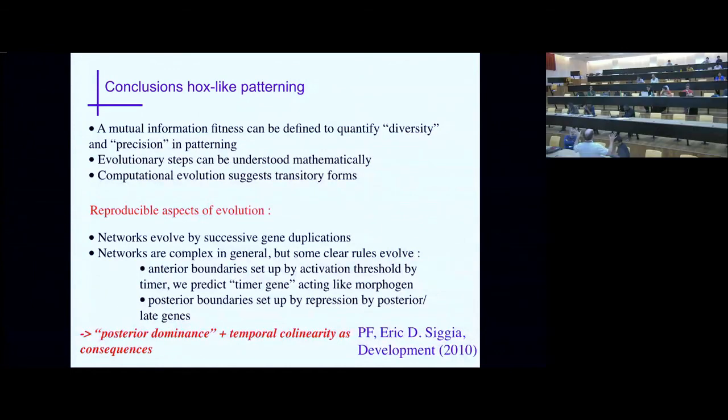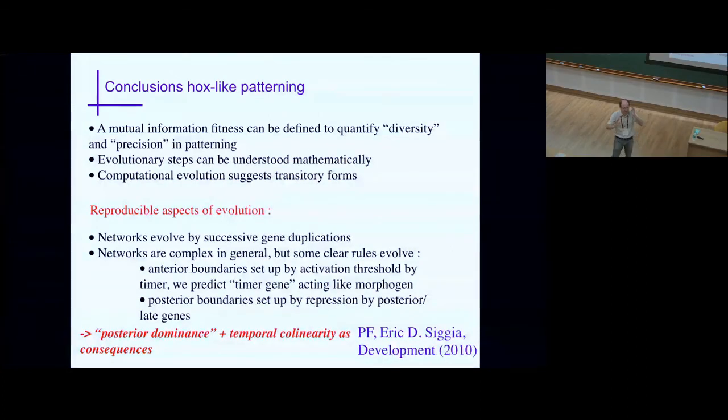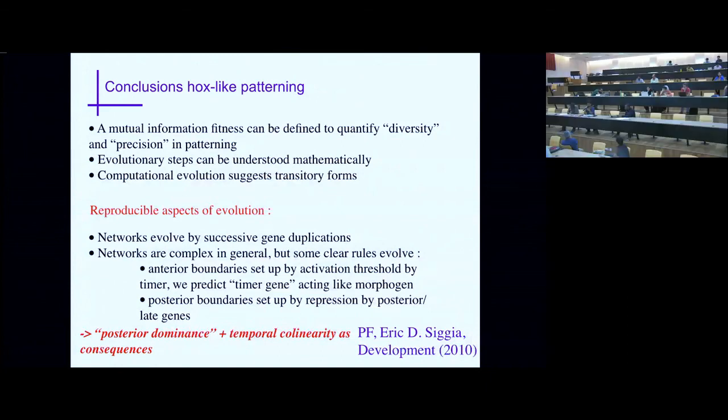It's more the function of the networks that is conserved, and this is why I think you need a functional understanding above all, rather than a specific network topology understanding. That's the other reason why I'm not too much into networks in general. Networks are probably species-specific. The mouse network is not the human network, I'm pretty sure about that. And it is super interesting to have posterior dominance coming out of nowhere.